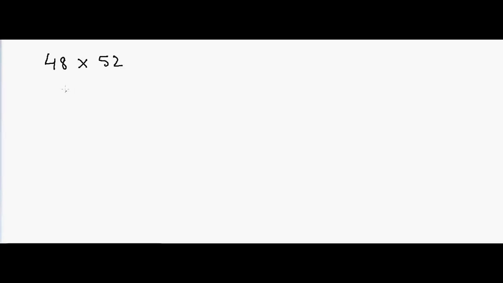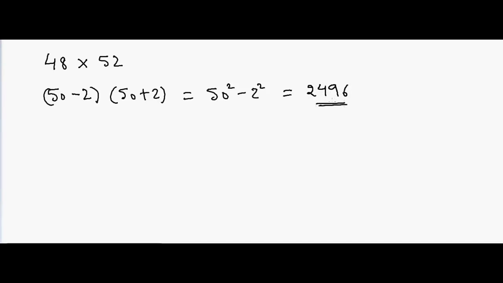If you look at it carefully, these numbers are symmetrical around 50, so this can be written as 50 minus 2 and 50 plus 2, so that will be equal to 50 square minus 2 square. So the answer would be equal to 2496. Right, same way, suppose I have to do 79 into 81, so the answer will be equal to